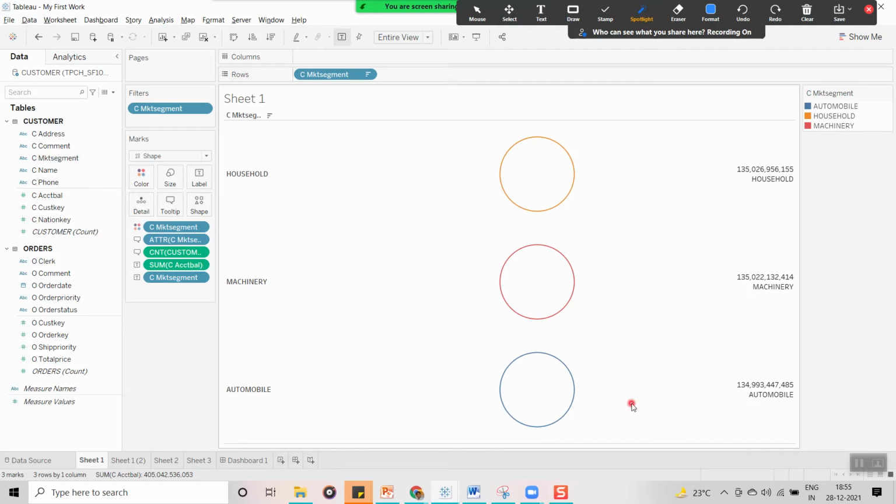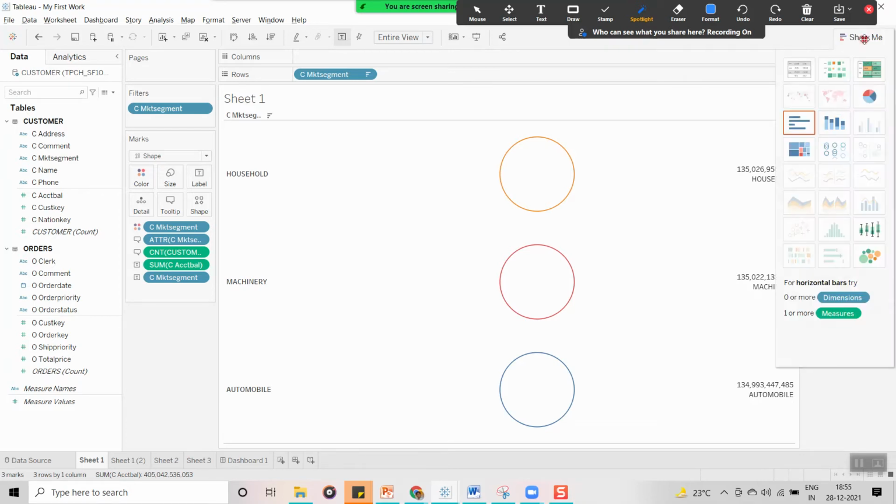Here one more thing is, the Show Me option is there in the workspace itself. This Show Me is going to display the default visualizations which Tableau supports. These are the default visualizations which Tableau provided, 24 visualizations in all.